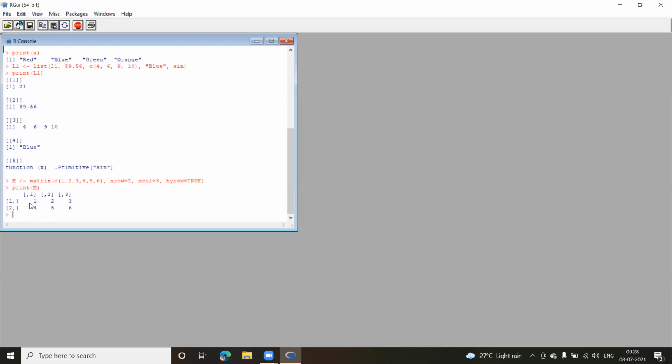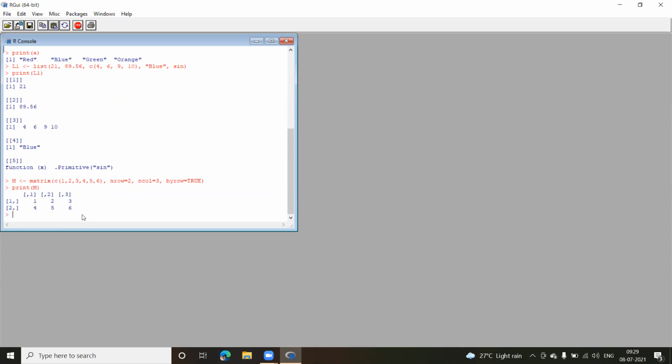So it is going to complete the first row first, and then go to the next row. You can see [1,1] is 1, [1,2] is 2, [1,3] is 3. Whenever I want to refer to a particular element, I have to use these indexes. So [2,1] will give me 4, [2,2] is 5, and [2,3] is 6.